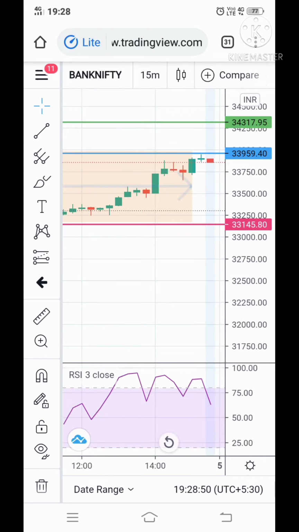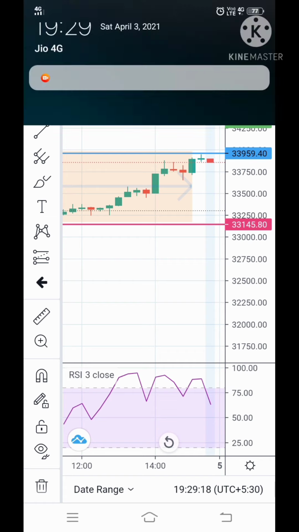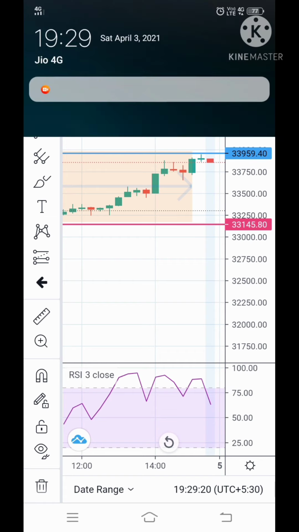Friends, this is all for today. And before leaving, just a piece of advice. This strategy is not going to work in a very oversold or overbought scenario. Create your positions in such a way that you are confident and sure that the market will again move towards the upper side. Create your resistance and support in such a way that you know where to stop and where to exit your trades.